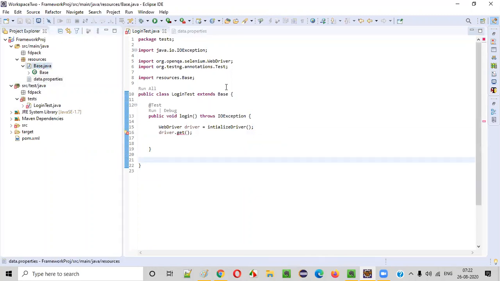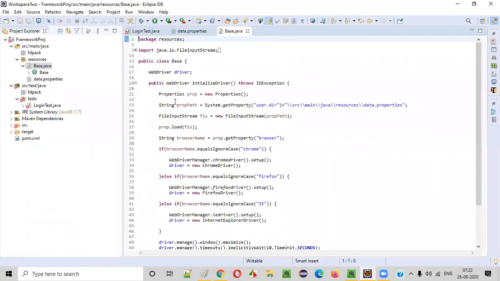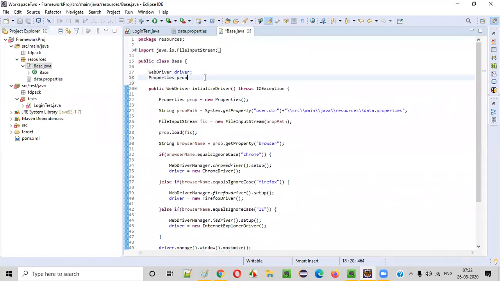We'll go to the base class and make this prop global, and I'll make this public so that you can access it everywhere. Public Properties prop. This prop is having these properties.